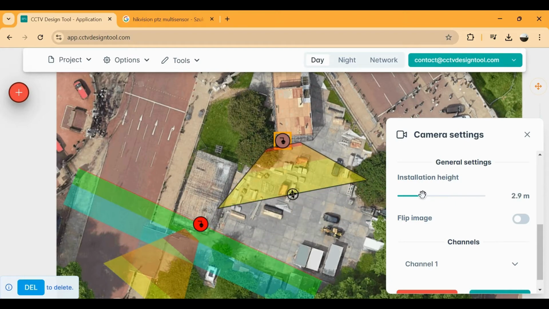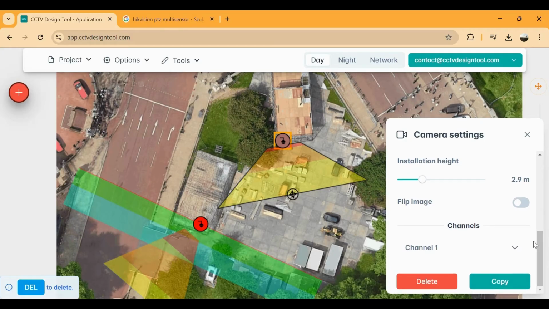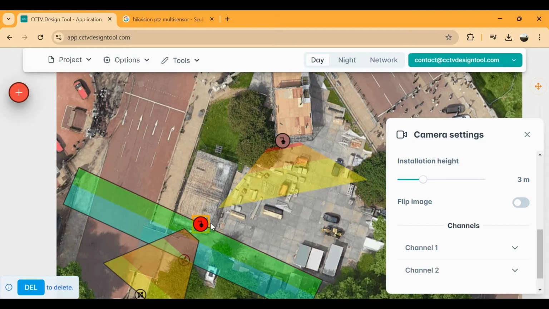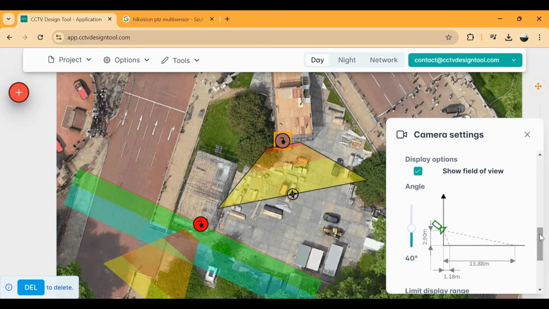Another setting is the Flip Image option, which simulates rotating the camera by 90 degrees, switching the horizontal and vertical fields of view. Below are the Channels settings. If the camera has more than one sensor, you can adjust the settings for each here. Expanding the Channel 1 tab, the first option you'll see is Show Field of View. This option allows you to hide or show the camera's field of view on the project plan for the selected